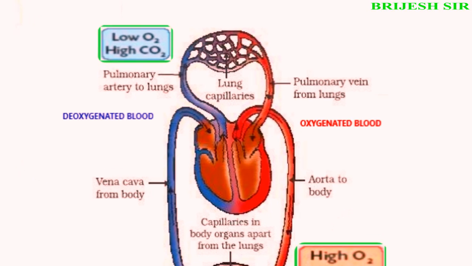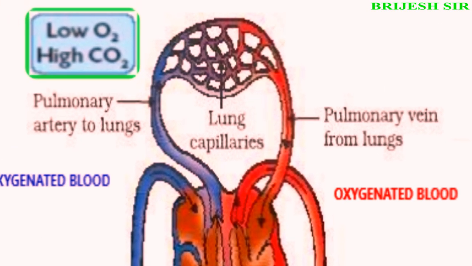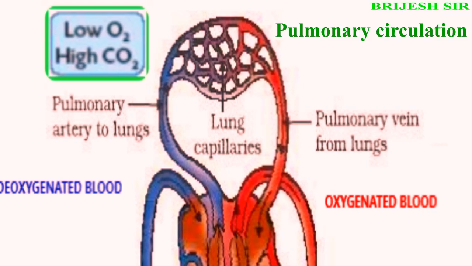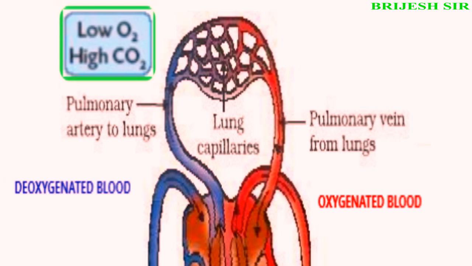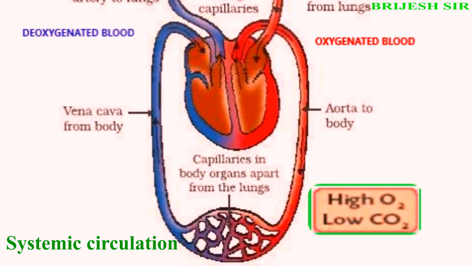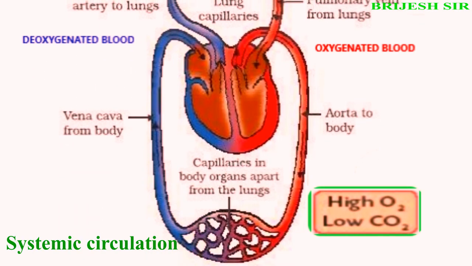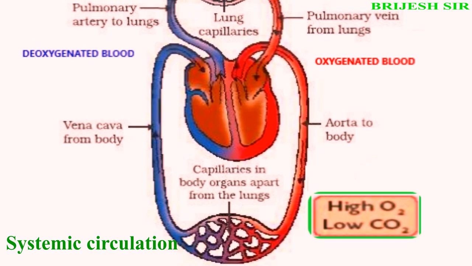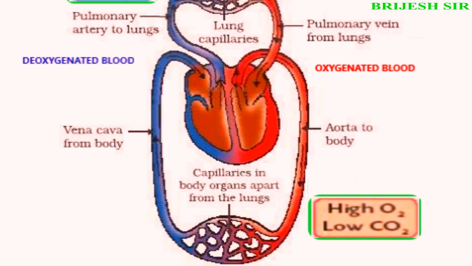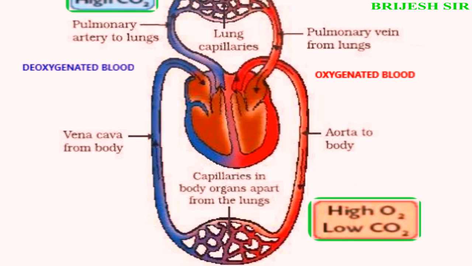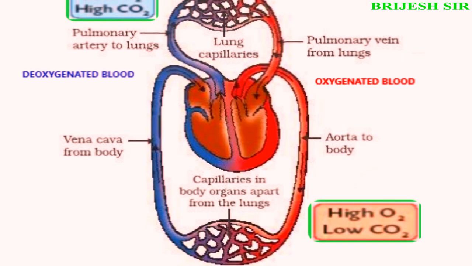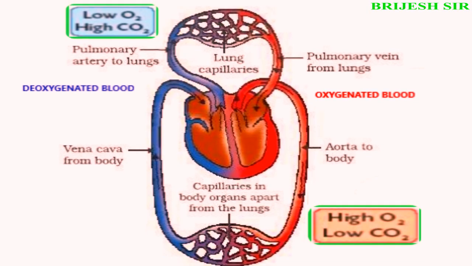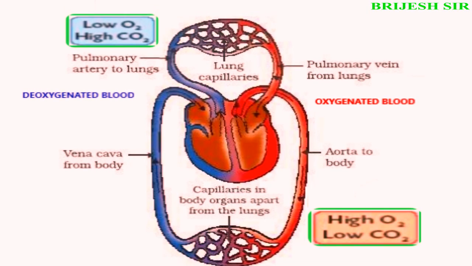There are two circulations. First, pulmonary circulation, blood flow between heart and lungs for oxygenation. Second, systemic circulation, oxygenated blood flow between heart and body. So transportation is essential for life, moving food, gases, waste, water and hormones. The circulatory system in humans is highly efficient to do this job.